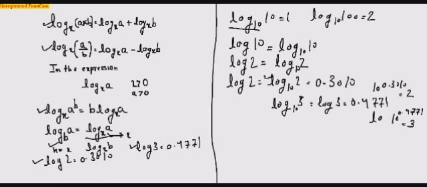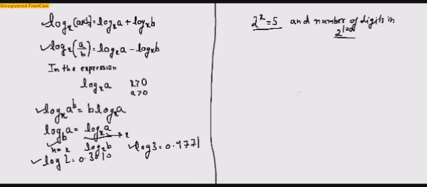initially started to solve for. So initially the problems which we started to solve were solving for 2 to the power x equal to 5 and finding number of digits in 2 to the power 100. Now for solving 2 to the power x equal to 5, let me express 2 to the power x equal to 5 in form of log. That is log of base 2 5 equal to x, right? So my value of x is nothing but value of log of base of 2 5.